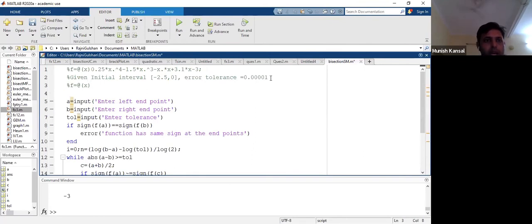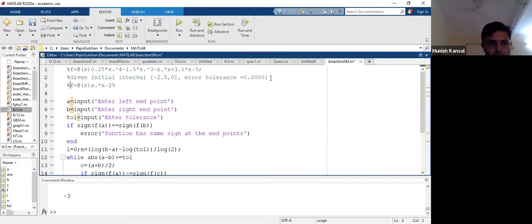So let us say we have f(x) equal to, say you want to calculate the square root of 29 with the help of the bisection method. So when you take the square root of 29, your equation becomes x square minus 29, right? So I'm just writing down here x square minus 29. तो उसके लिए equation क्या बनेगी? x is equal to the square root of 29. You take the square, you get x square equal to 29, x square minus 29 equal to 0, right? So this is your function.